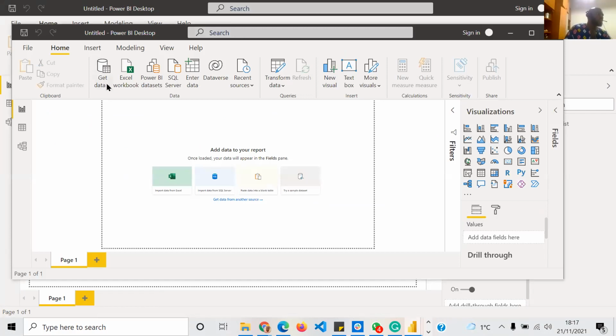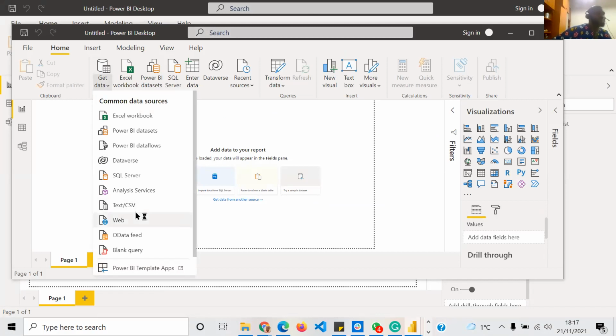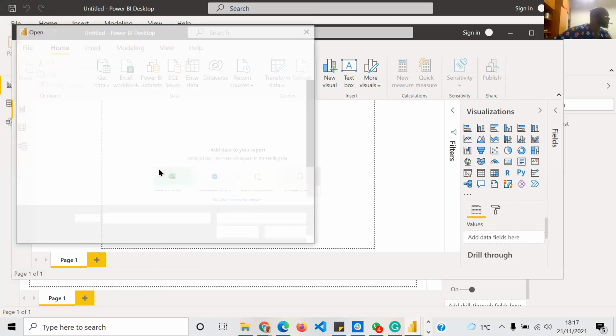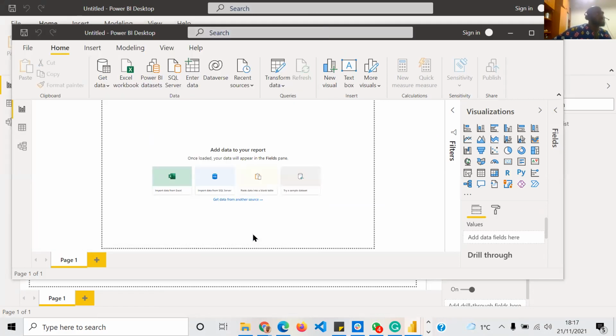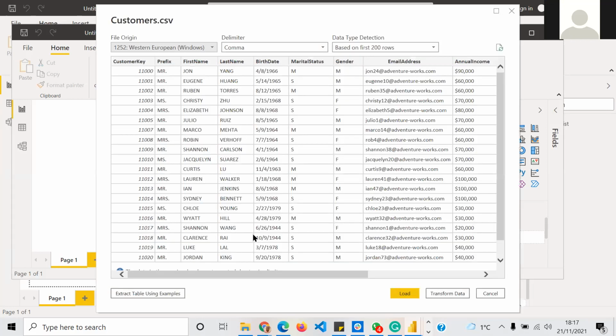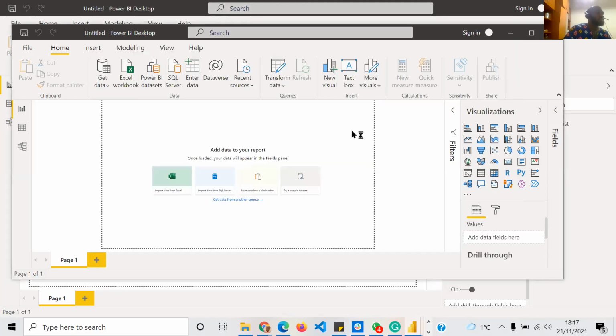Okay, no problem. Please work on that prior to the next session. I really want us to follow along. Is there a way you can get it? I think it's coming up. This is it, right? Yes. So you can transform or you can load. What do you have to do? I transform.